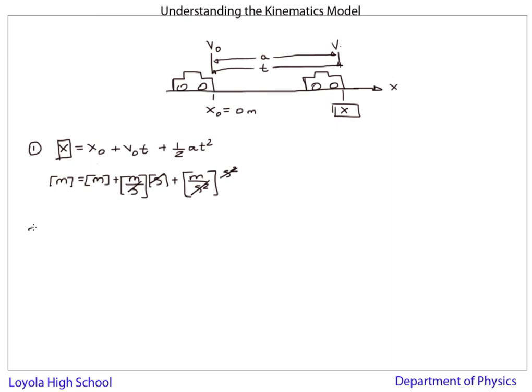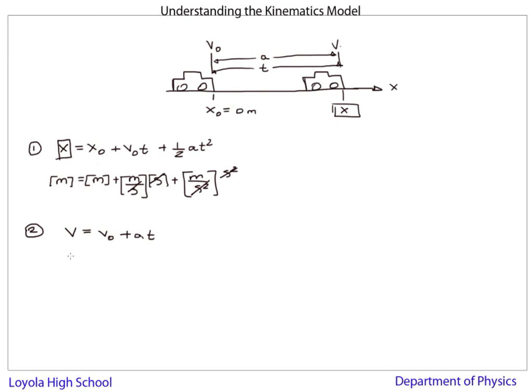The second equation is v is equal to v0 plus at, which says the following. If I'm starting out at some velocity, right here, and I accelerate for some amount of time, t, I should be able to figure out what my final velocity is. And this is what it says. Starting at v0, again, this may be 0 if I'm starting from rest, like a stoplight. If I accelerate for some amount of time, I should be able to figure out my final velocity